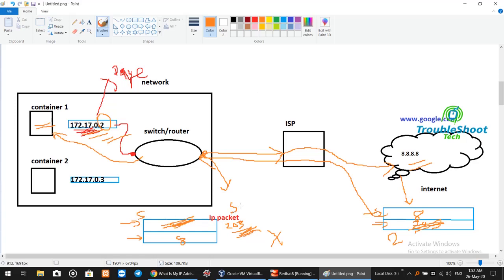This is known as SNAT, which is source network address translation, right? Just source network address translation. And the reply which comes from the internet, what this router does,